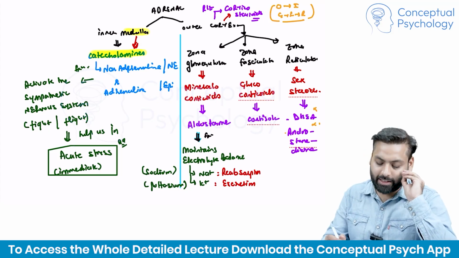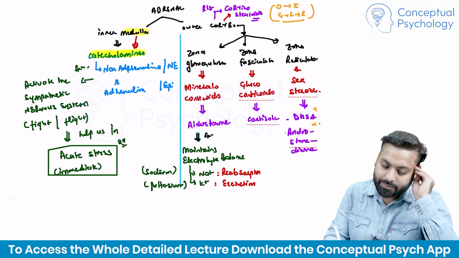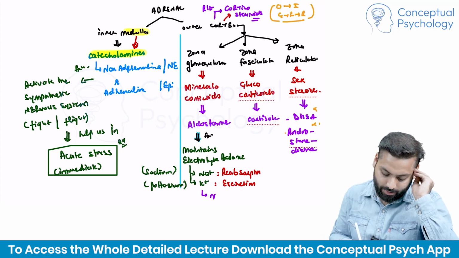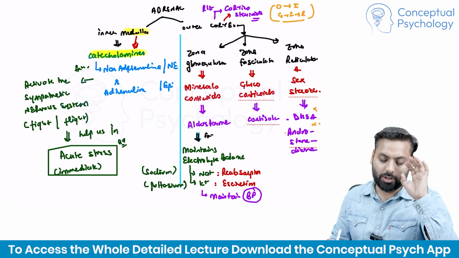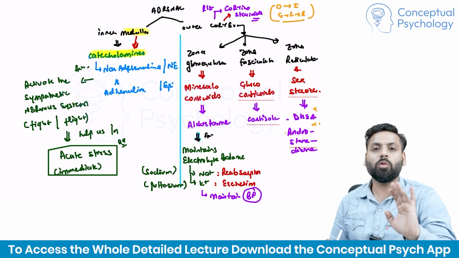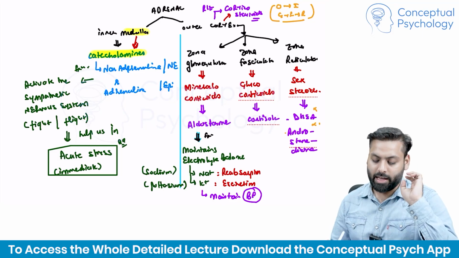And via this, it helps us maintain blood pressure. So what does mineralocorticoid do? They maintain our blood pressure. Okay, they maintain our blood pressure. Whereas